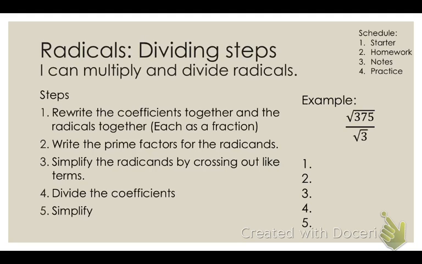All right, so the first says write the coefficients together and the radicals together, each as a fraction. It's really important to write these as fractions so you can see how things are going. This is a 1 over 1 situation. You can write it as a fraction as 1 over 1. You don't have to. But I bet on your prime factorizations,